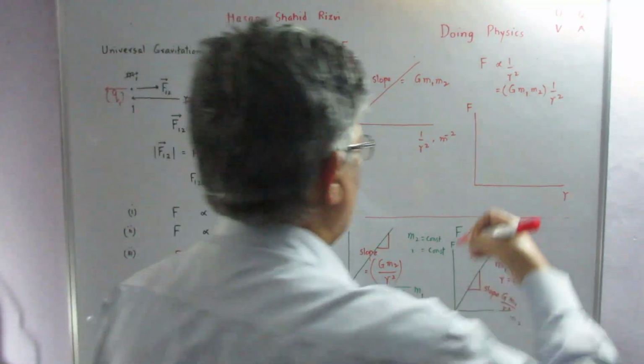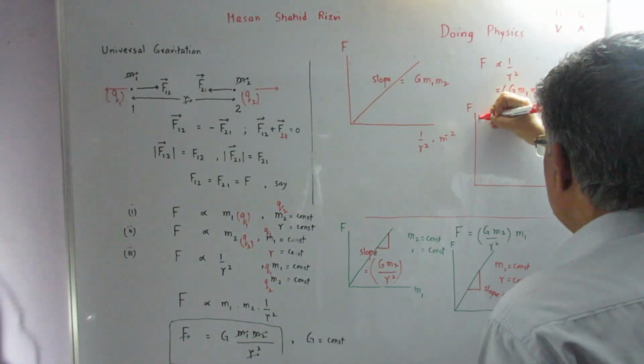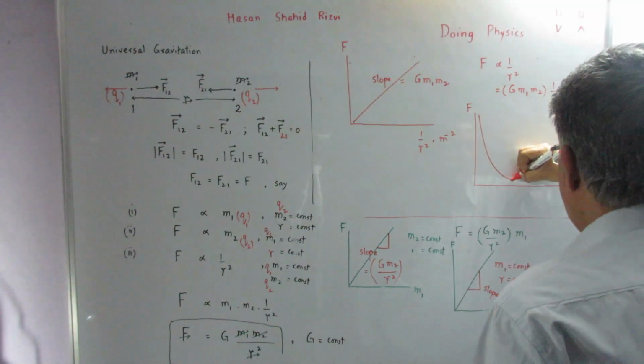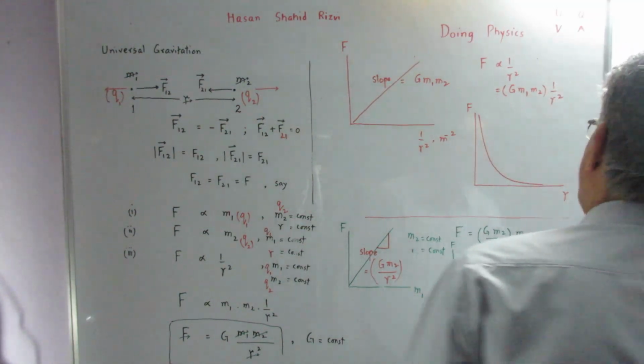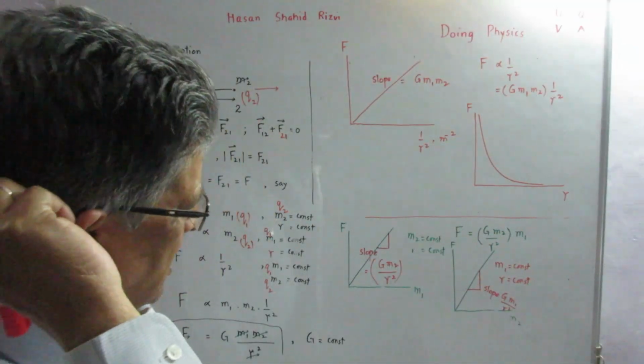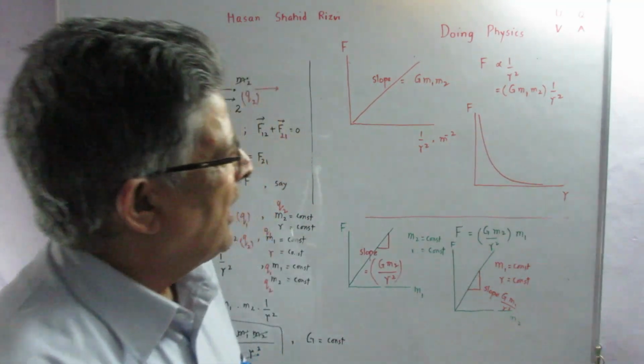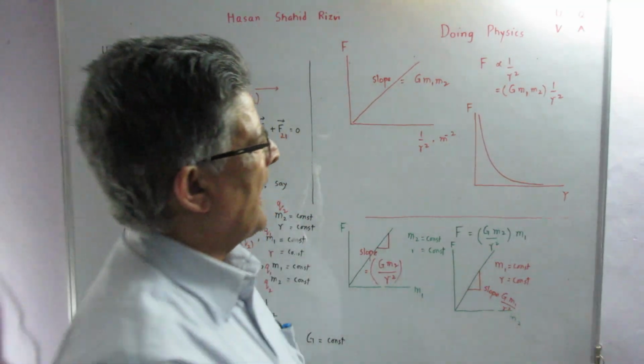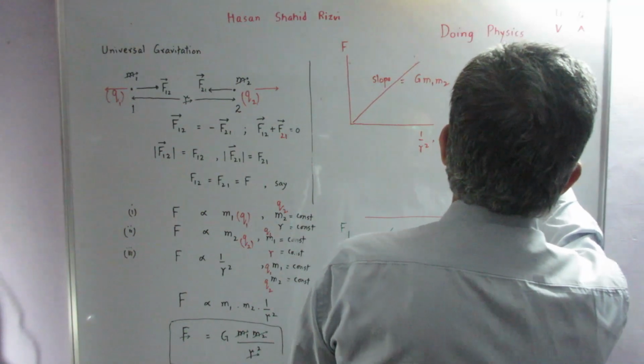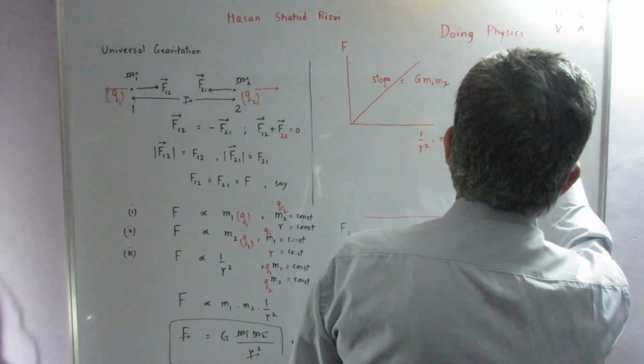So this will be a curve like this. This is a nonlinear curve, as I told you, which asymptotically goes to 0 here, and because F is here a constant times